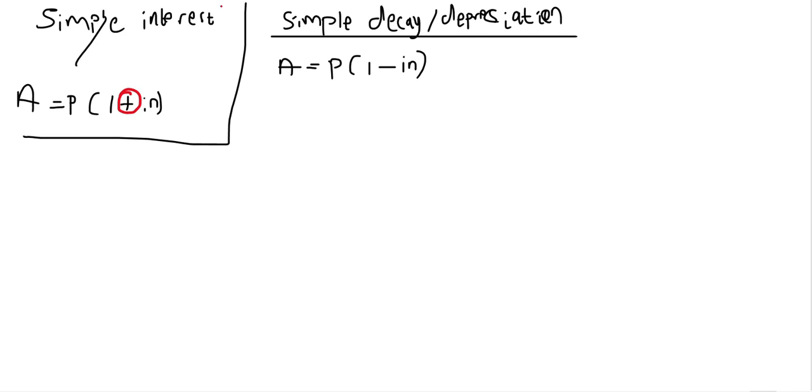When something decays or depreciates, it loses value. But when it is simple interest, it gains value. So whenever you have a positive sign, just know that we are dealing with simple interest or simple growth. But whenever you have a simple decay, we are dealing with depreciation. The value of A doesn't change. It's the final amount, as we stated in the previous lesson. So A is the final amount,